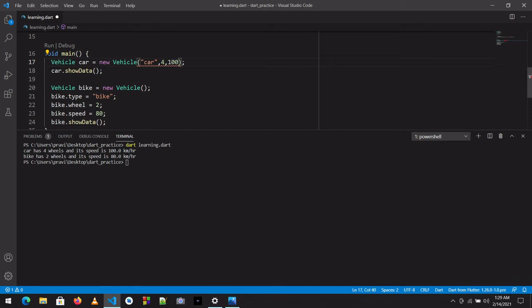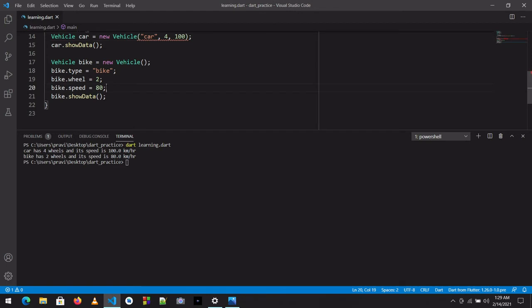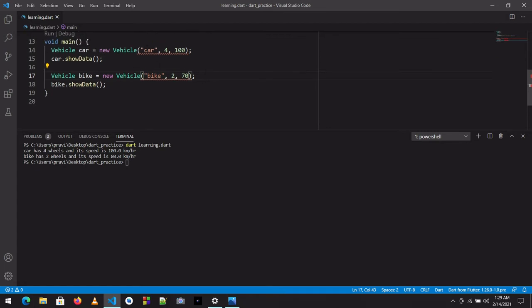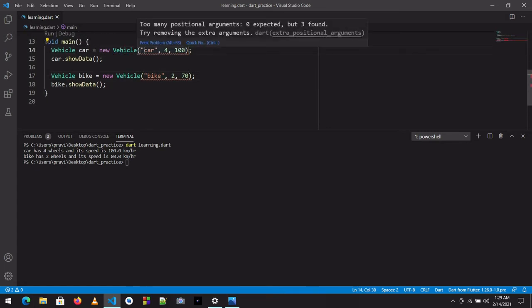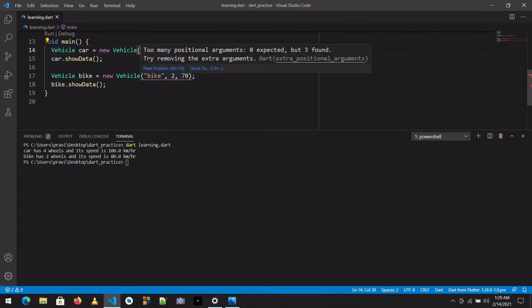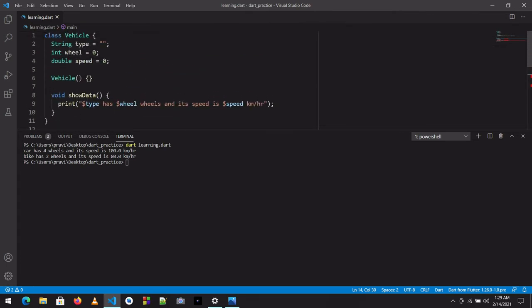Okay, so we write the same thing for bike, comma 2, comma 70 for now. So after doing that, the Vehicle has been passed some values, car 4 100, similarly bike 2 70. So we should accept some values here, right?